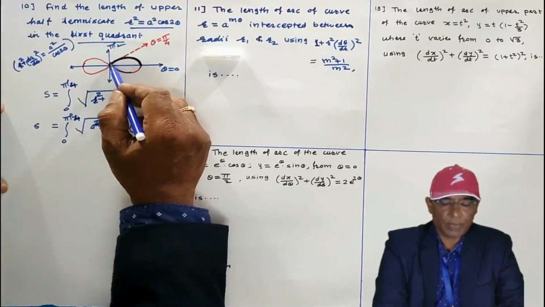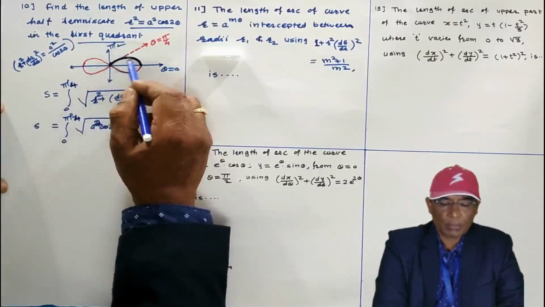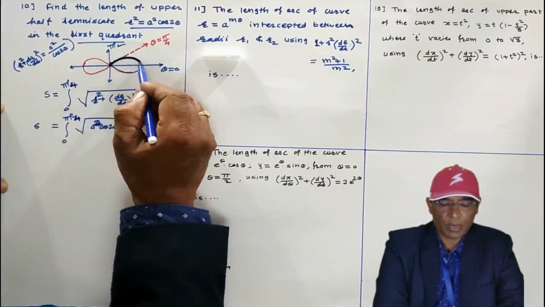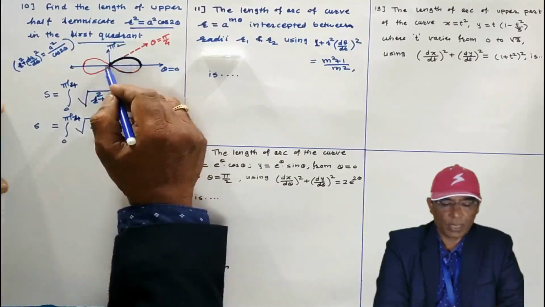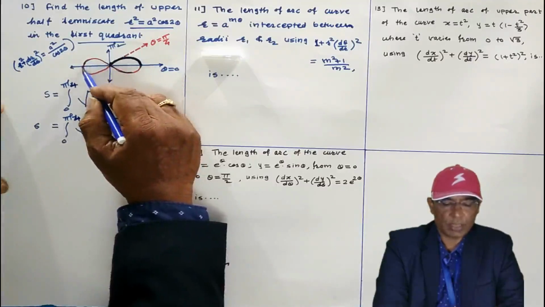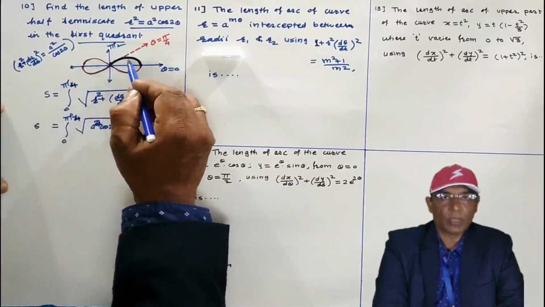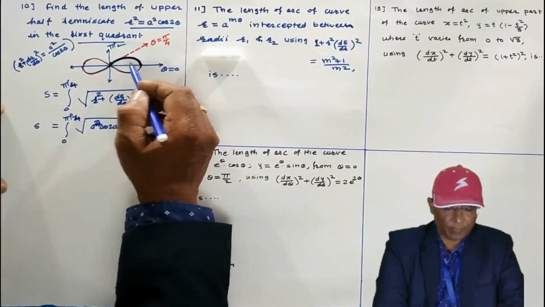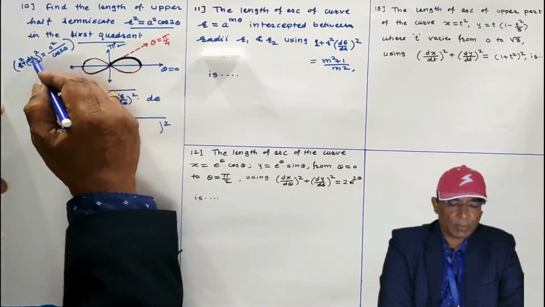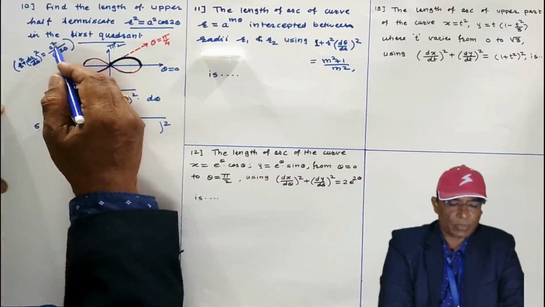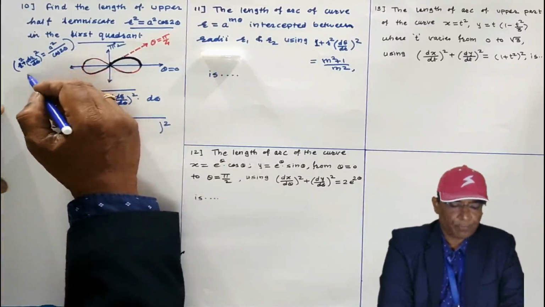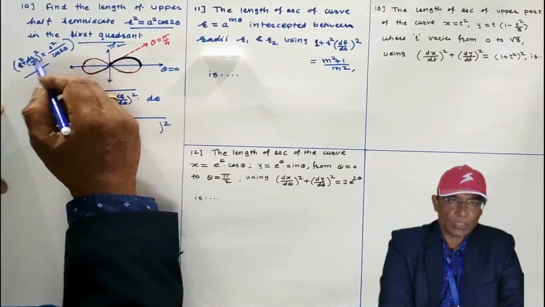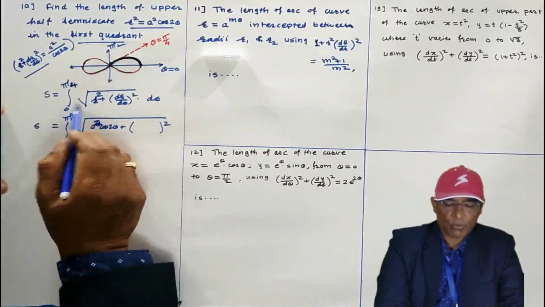In the examination, if the total length of the lemniscate is asked, then you can multiply it by 4, because this part is symmetric to this one and this length is the same as that one. You can multiply it by 4 if you want the total length of the curve. And here r square plus (dr by d theta) whole square equals a square cos 2 theta. In the offline examination this is not given, but in the online examination this is given to you. So I am using this formula.